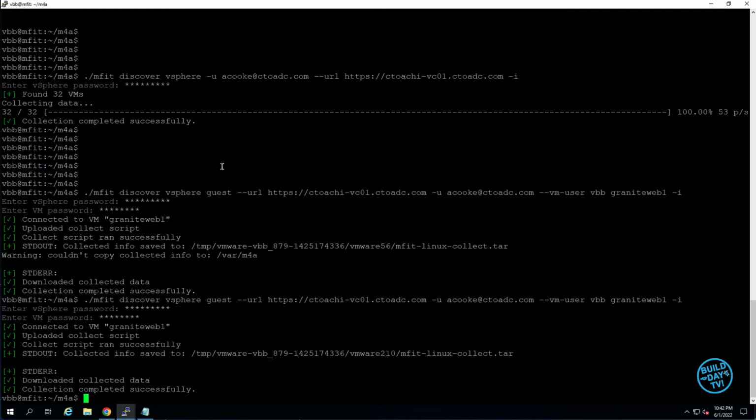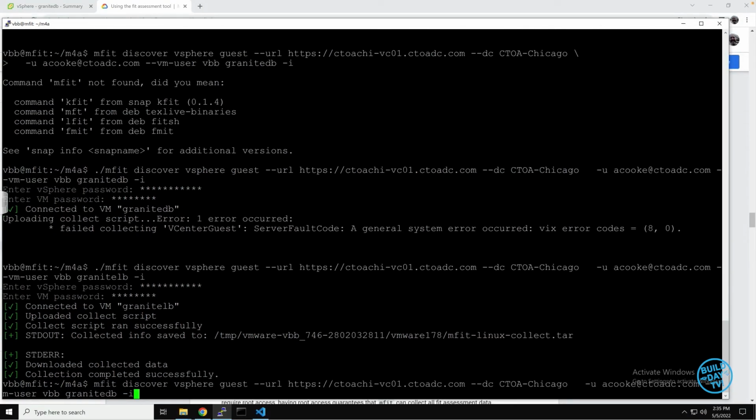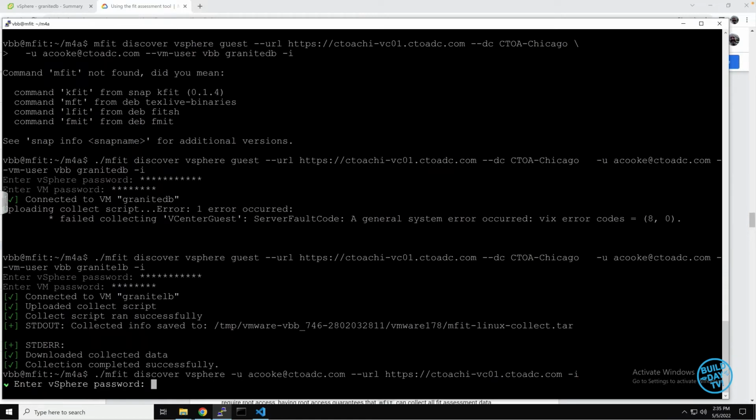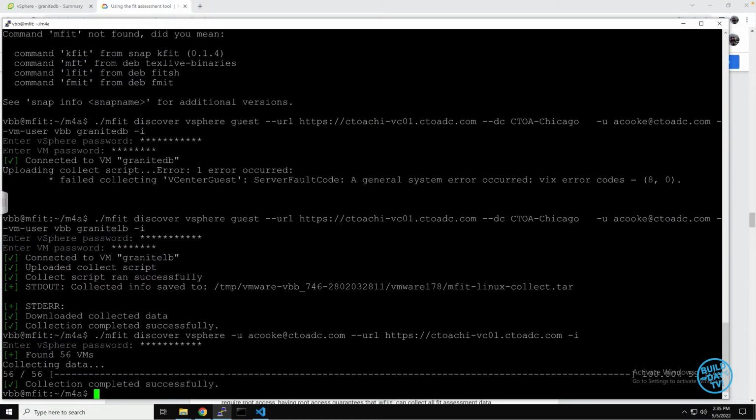Now that we've got one machine collected, we need to collect from a group of machines, preferably all of our machines. Back up when we did the discovery of the vSphere layer, the entire vSphere layer, it found more than one machine. If I remember rightly, it found 56 VMs. I don't really want to manually enter every one of those 56 VMs. So what I